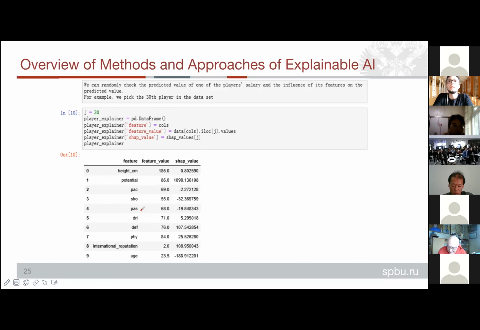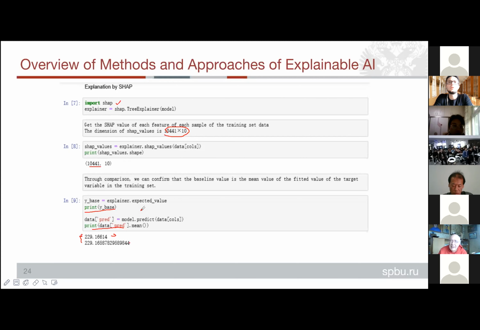Okay. Sorry. When will you introduce the overview of different methods, like a list of methods for XAI? Yes, this I just explain what SHAP is and the application of SHAP. It's very fast. Will you show the list of existing methods for XAI?